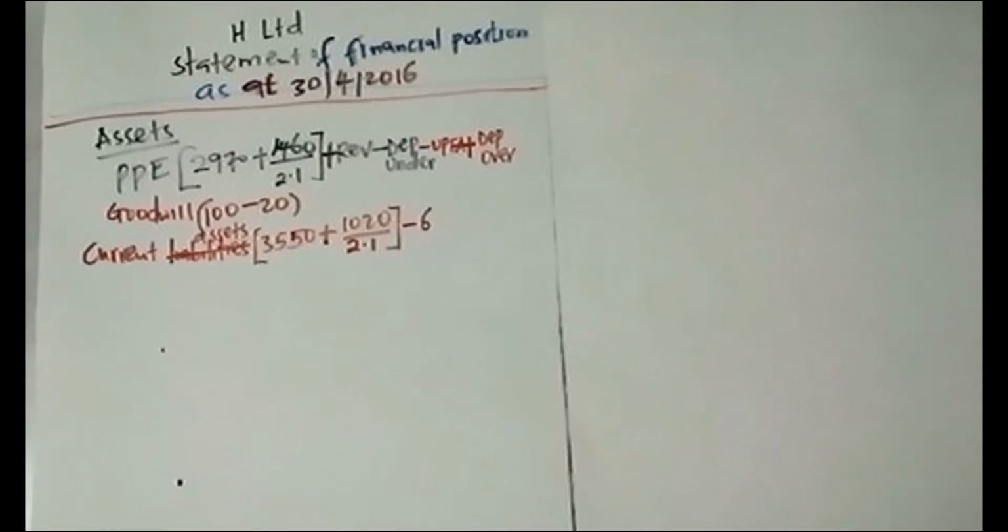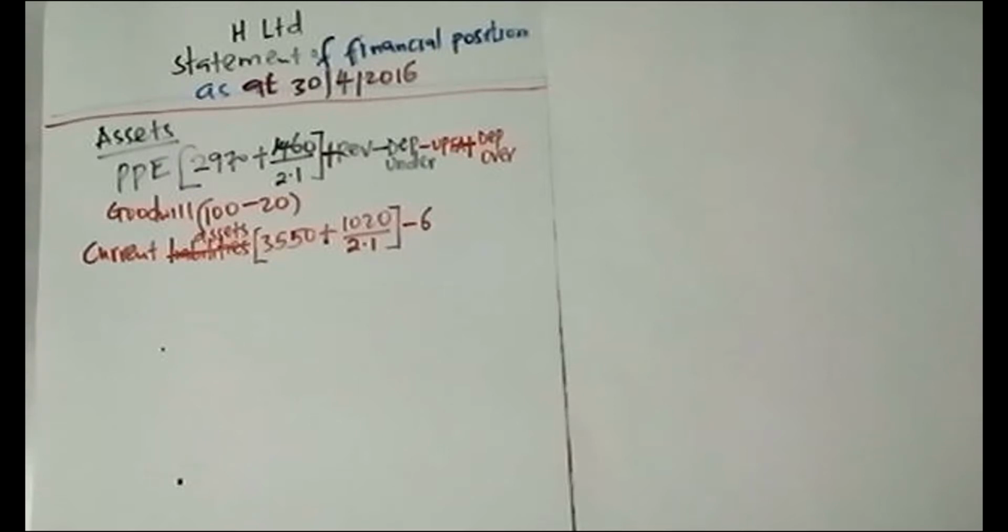Under inventory, minus the unrealized profit on stock, and add goods in transit. You can see there was an unrealized profit on stock of 6. I think you saw that from the first things we did. So under cash, as another item, before I move to cash, there's another item of current assets, which is